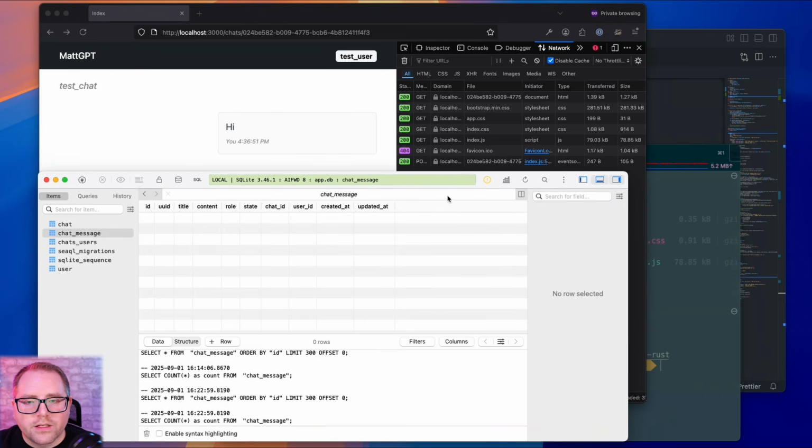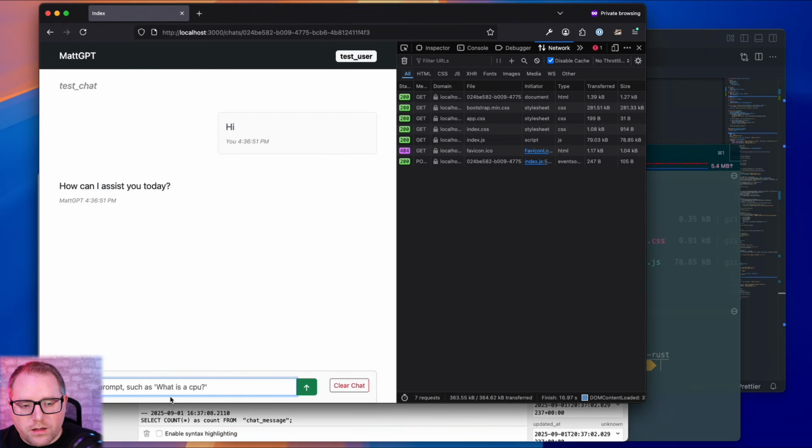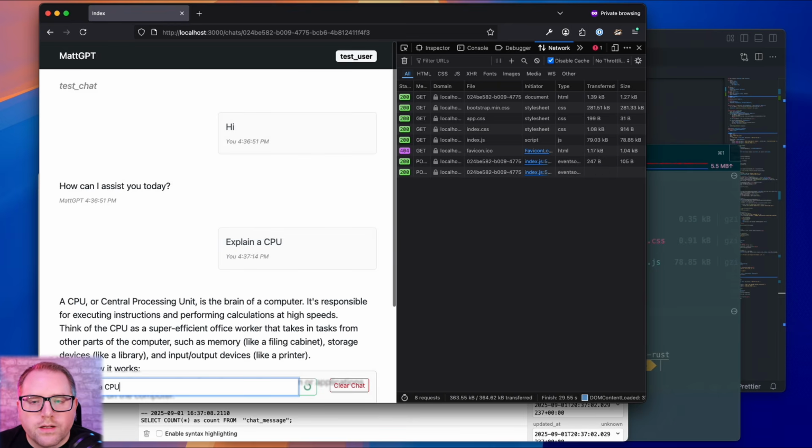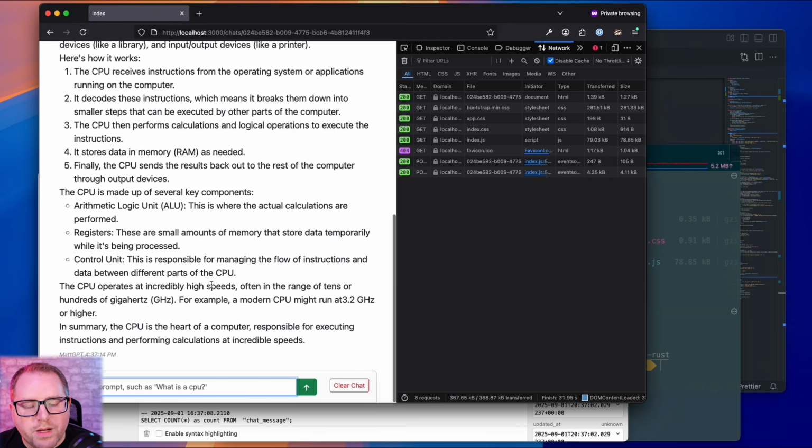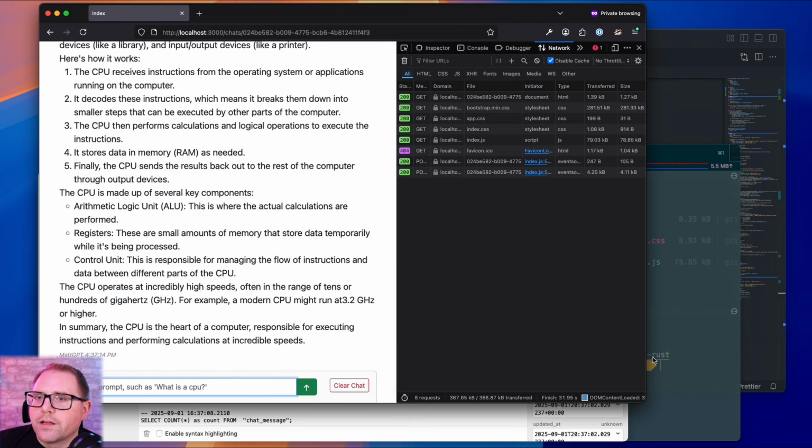And if we take a look here, it also saved it to our database. Explain a CPU. And you can see the chunks are coming in bit by bit, although it went pretty quick. Okay. So first pass, we wired it up with Ollama. And this totally works,